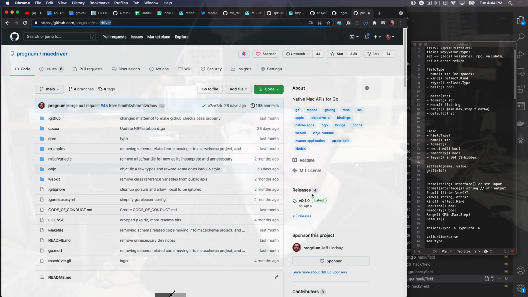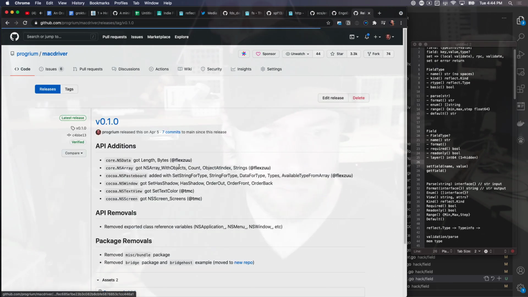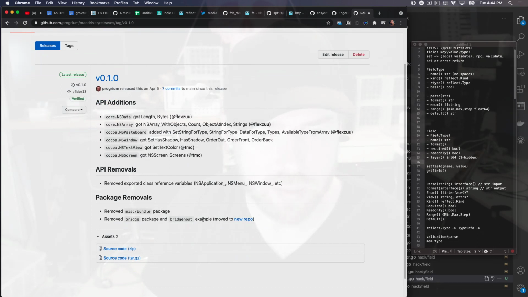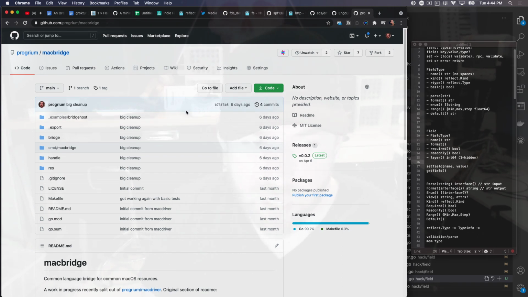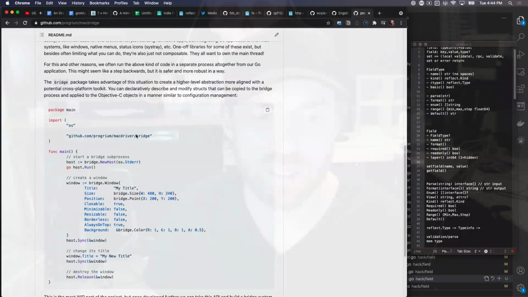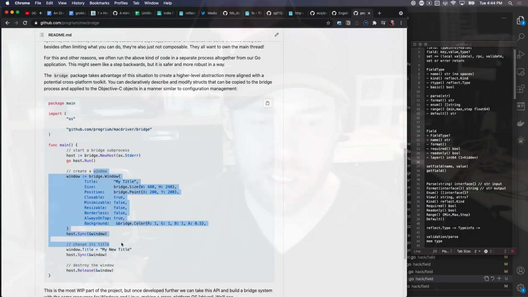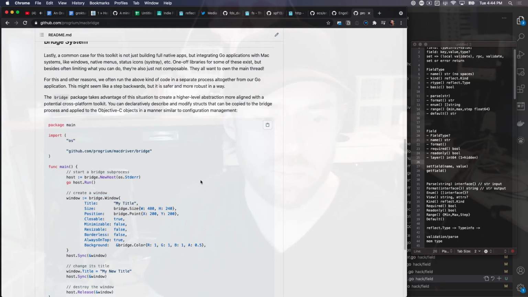Somebody pointed out, I'm surprised they even were looking at it, but we found out that this was a bad URL, so we fixed it. Thank you for that issue. But Macbridge is another spin out from MacDriver, and so that's this declarative style API. It's a little bit more complicated, but it's a subset of the APIs,